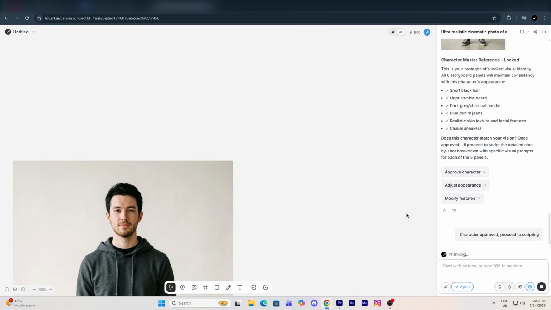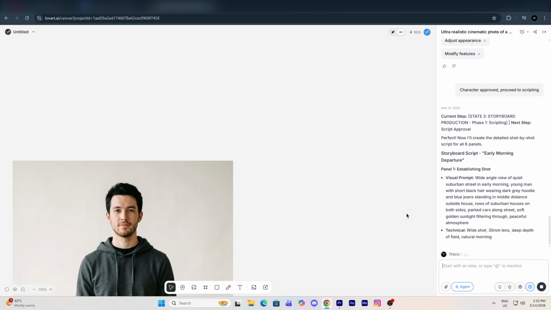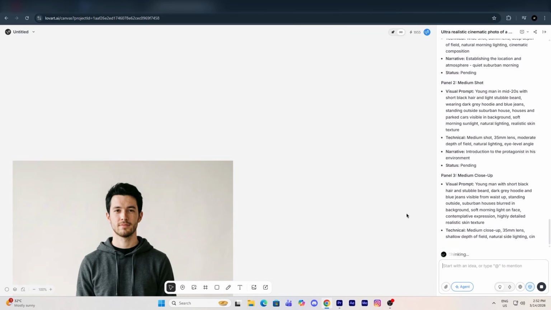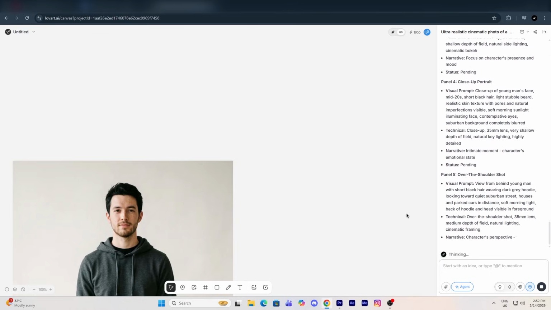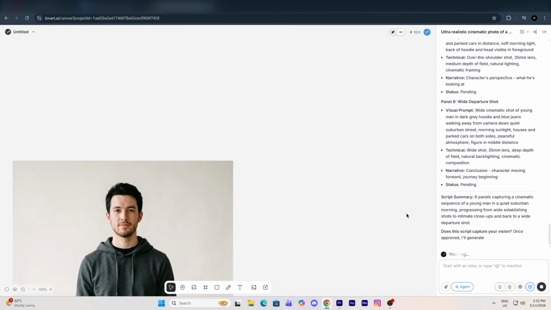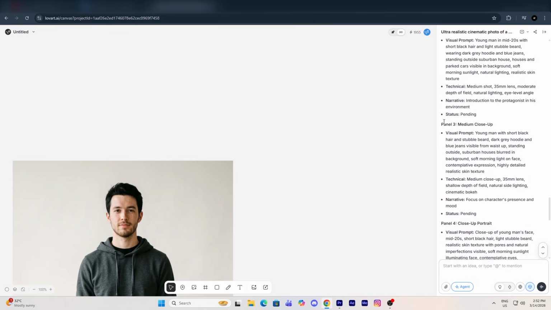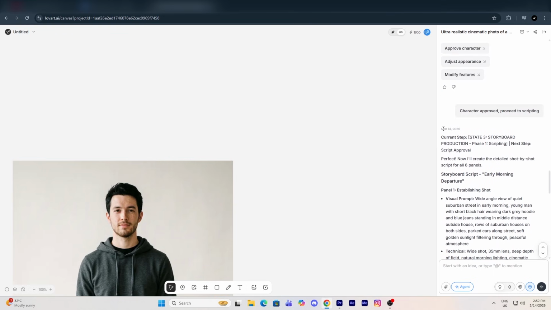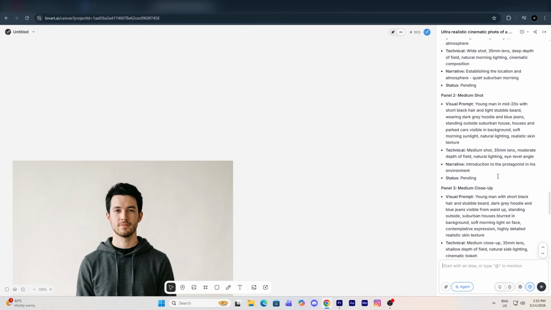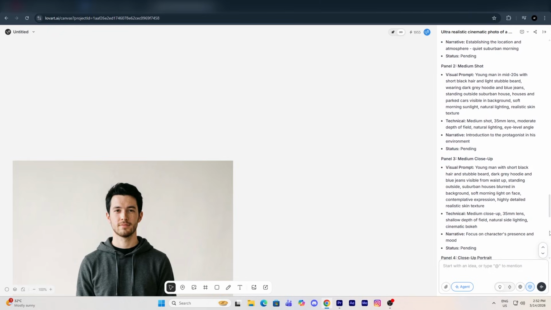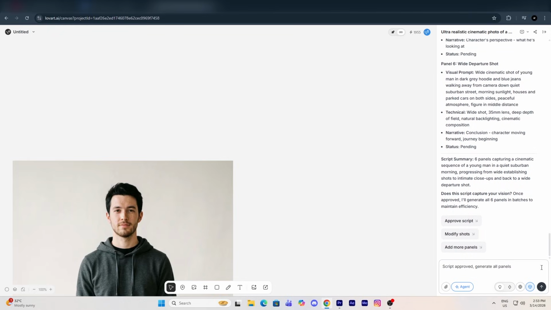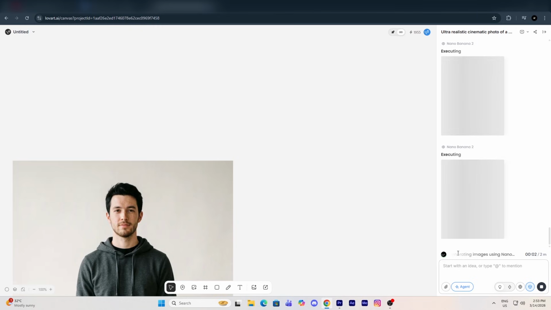After clicking Enter, the AI agent will begin processing again. Now we're on step 3, where the agent automatically writes a script for the storyboard. As you can see, it has already generated a script very quickly. You can review the script and make any changes if needed, whether it's increasing the length, modifying visuals, or adjusting the character actions, or just add the whole script by yourself. But for me, the script looks fine, so I'll simply click Approve Script and press Enter. Now the AI agent will start generating all the storyboard panels.